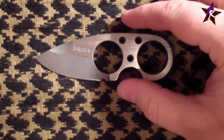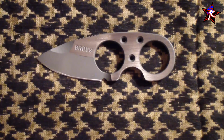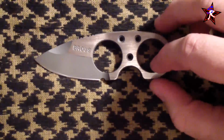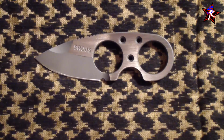You can catch the price range all over the place. I got mine from Mr. Knife Guy for I think $99 plus tax. I've seen them for like $120 on Blade HQ, but they've got a black version on Blade HQ for like $119, which is pretty sick looking. I kind of wish I had seen that before this one. I probably would have gone with the all black version. It's just an unbelievable